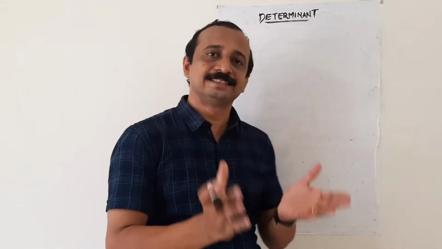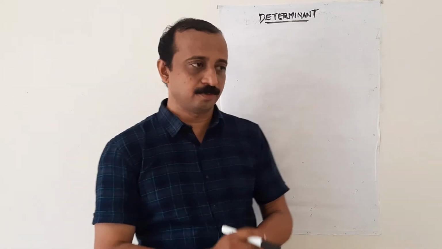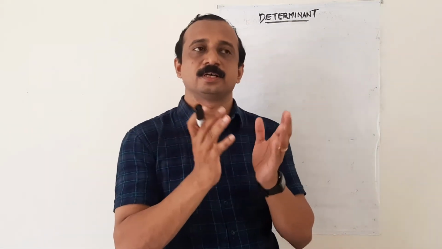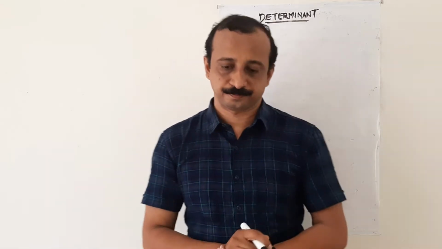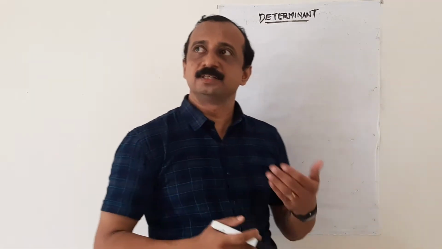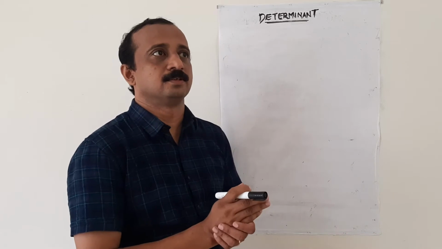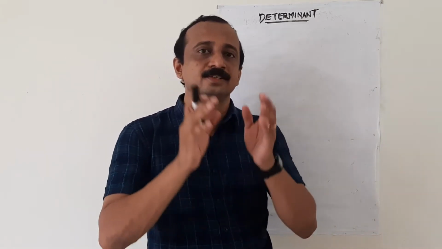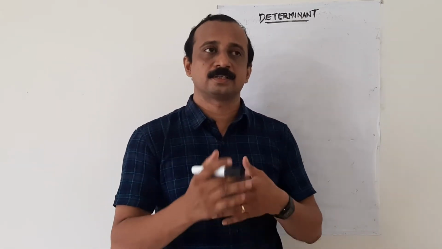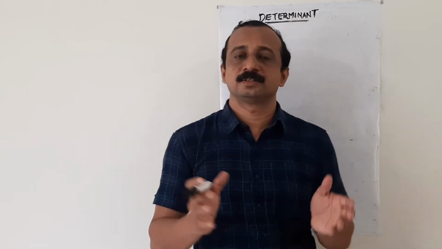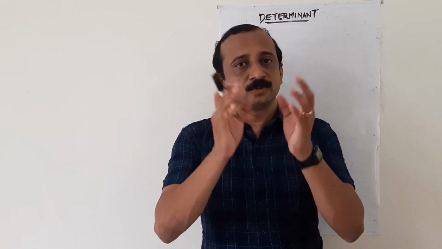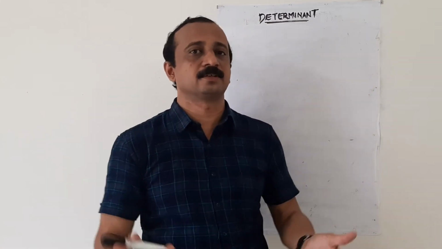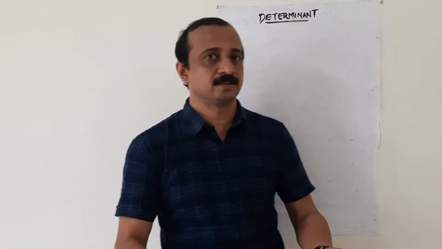First of all, let us define what a determinant is. We convert a square matrix into a particular number. That means we can associate a number with a square matrix. Determinant is possible only for square matrices. For a rectangular matrix or any other matrix, the determinant is not possible. You can convert a matrix into a single value. That is all a determinant is. There is no other definition.